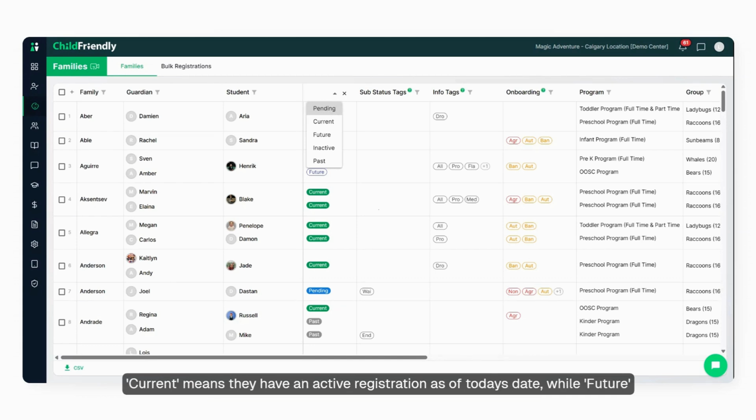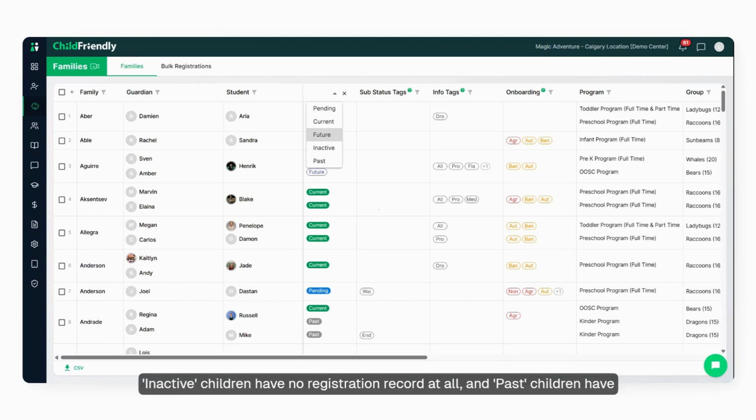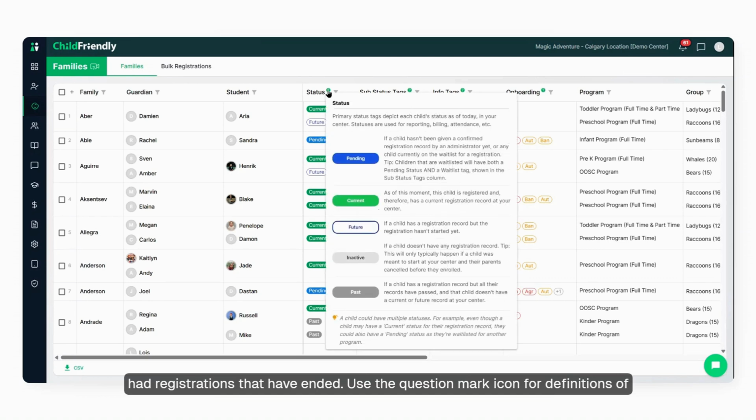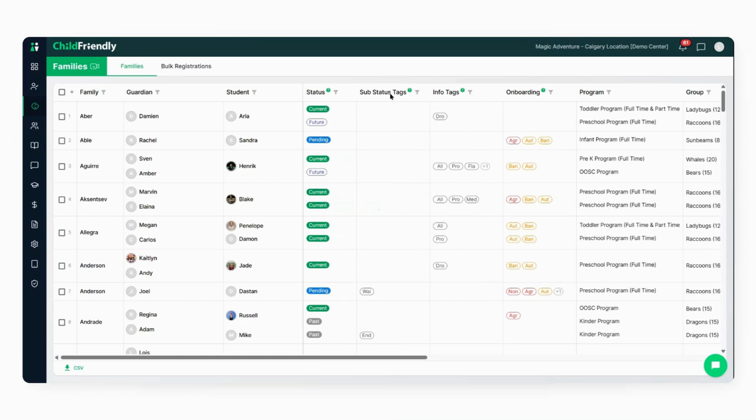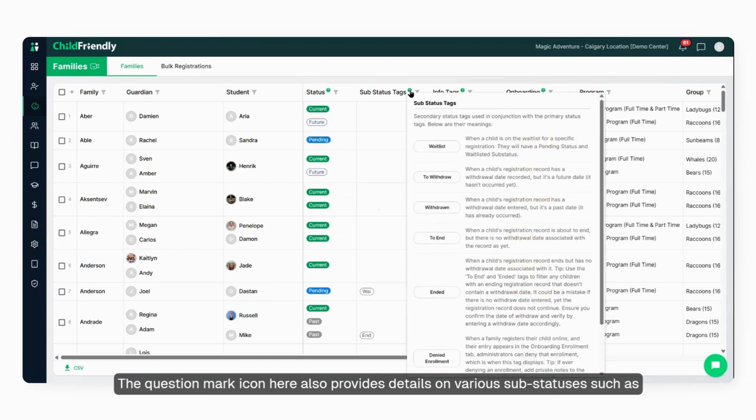Current means they have an active registration as of today's date, while future indicates a registration date in the future. Inactive children have no registration record at all, and past children have had registrations that have ended. Use the question mark icon for definitions of each status. The next column pertains to substatuses. The question mark icon here also provides details on various substatuses such as waitlisted children or children who have been